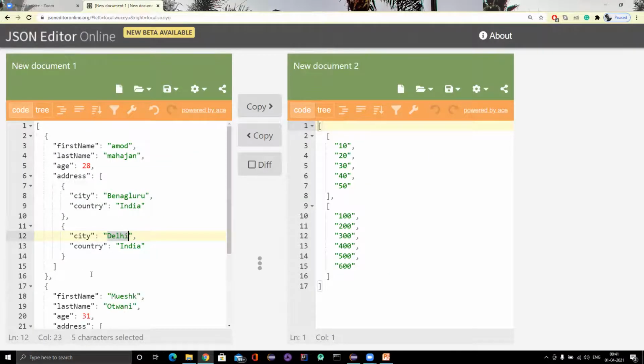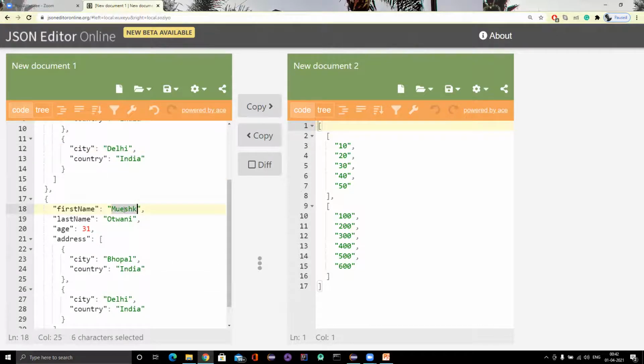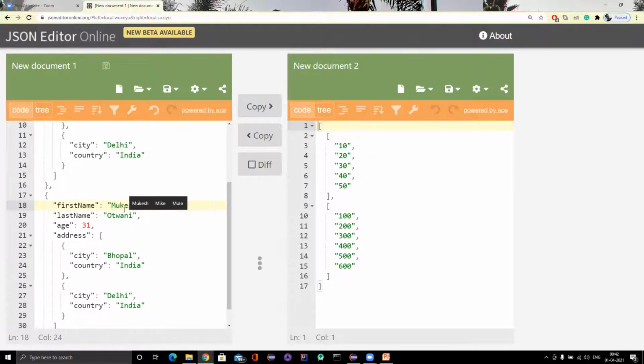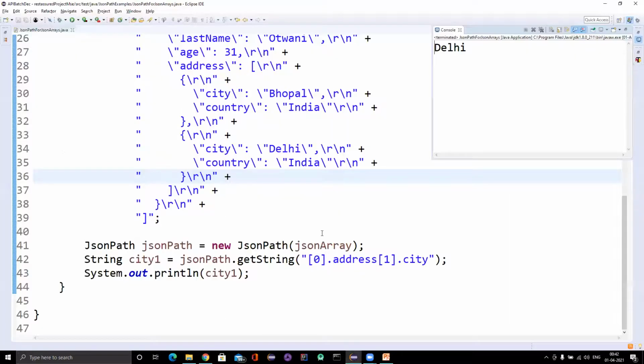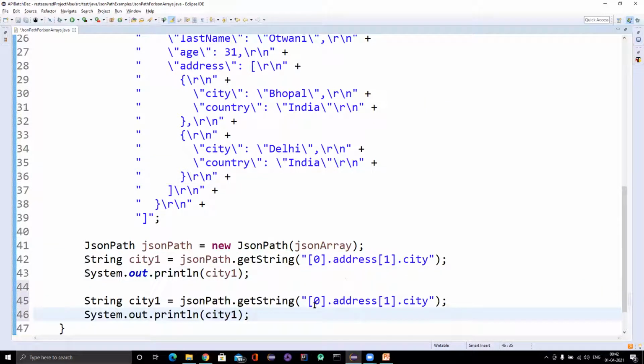Now, if I want to print the city where Mukesh lives, okay, I have written the name wrong, he will kill me, but okay. Let me correct it here, list. So for Mukesh, what change do I need to make? Let me copy paste. Instead of 0, we need to start from 1, because Mukesh's details are at the second position, second index.